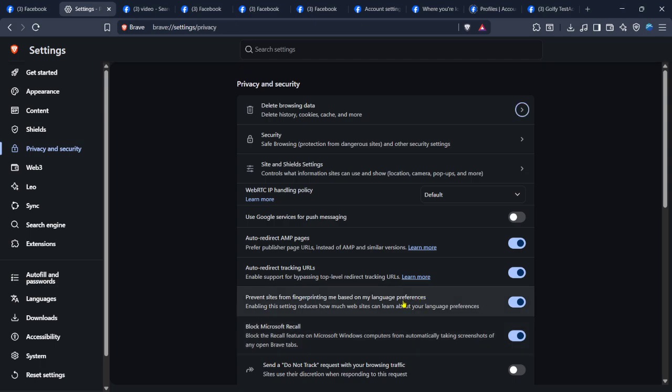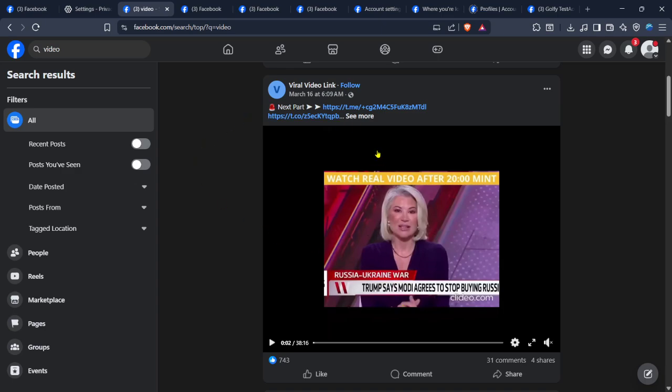Now we're going to head back to Facebook. So I'm going back to the Facebook page in the browser. At this point, all you need to do is refresh the page. I'm just pulling down or tapping the refresh icon, depending on the browser, and letting the page reload. And that's it. After refreshing, Facebook should load properly, and long videos should start showing again if the issue was